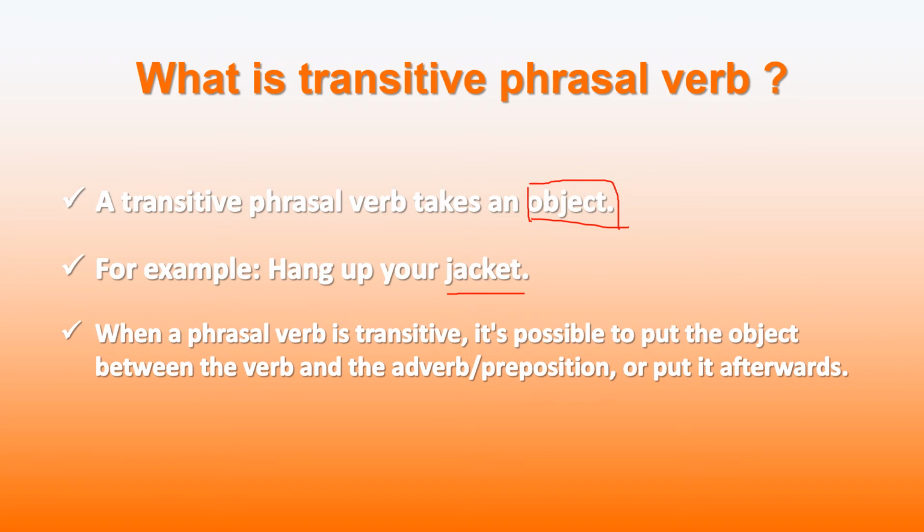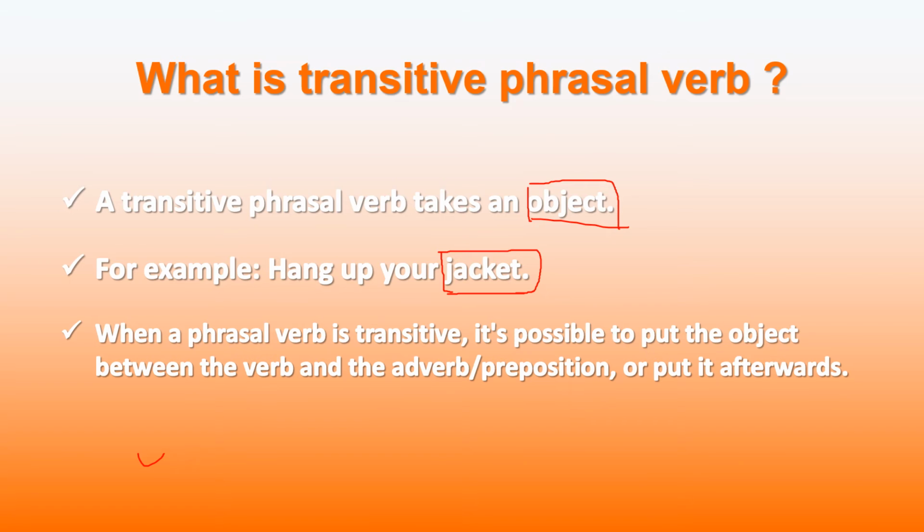Next, when a phrasal verb is transitive, it's possible to put the object between the verb and the adverb or preposition, or put it afterwards. It means that you can put the object, in this example, what is the object? It's the jacket, right? It can be put